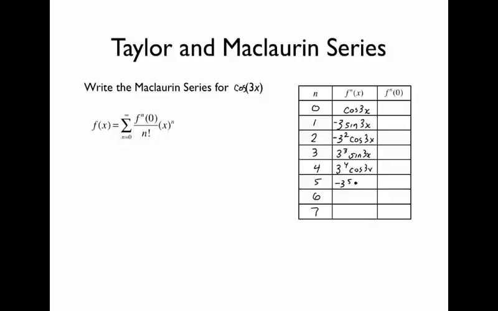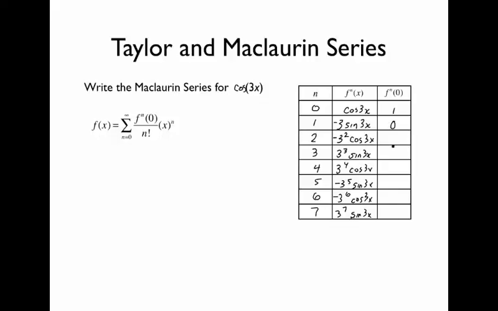Okay, etc. The next derivative is going to be 3 to the 4th cosine 3x. Negative 3 to the 5th sine 3x. Negative 3 to the 6th cosine 3x. And then 3 to the 7th sine 3x. Make sense so far? So those are the first 7 derivatives. But for the Maclaurin series, we need those evaluated at 0. So at 0, cosine of 3x when x equals 0, that's going to be 1. This is going to be